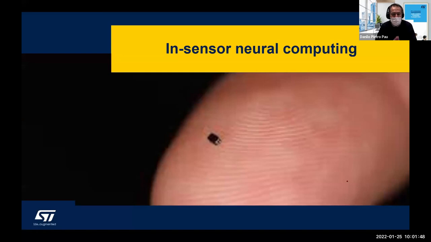But now we are facing a new opportunity. As I said, let's step back for a while. There was a prediction that in 2020, 50 billion IoT devices would be permeating the world. If we put a few sensors inside, let's say 10, you can imagine that the opportunity scales to 500 billion sensors. Okay, can they support machine learning and artificial neural networks? Yes, and this is what I refer to as the in-sensor neural computing domain.